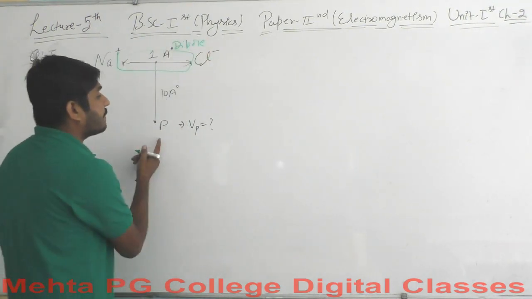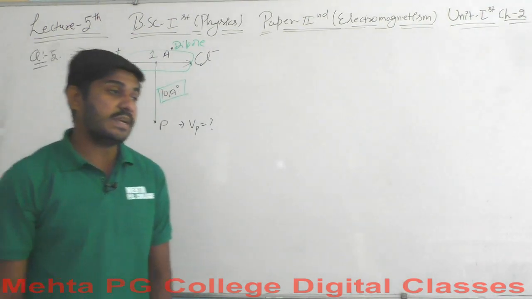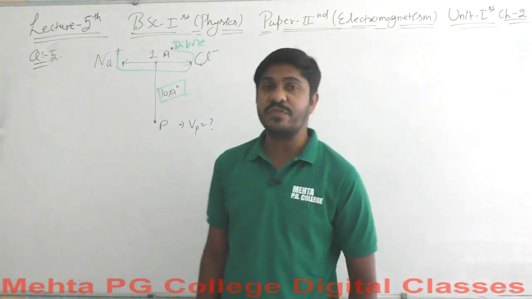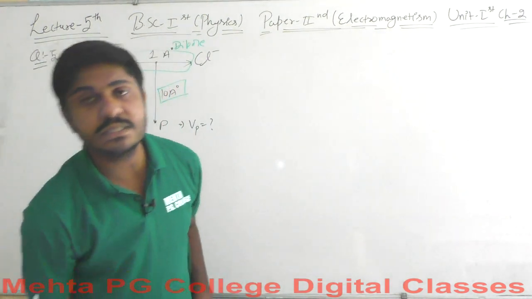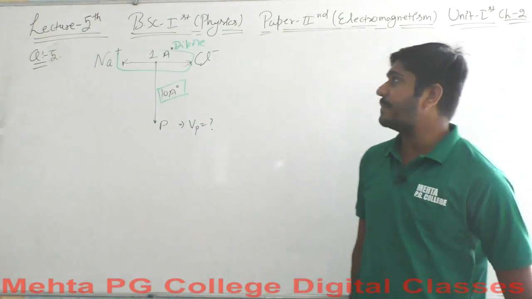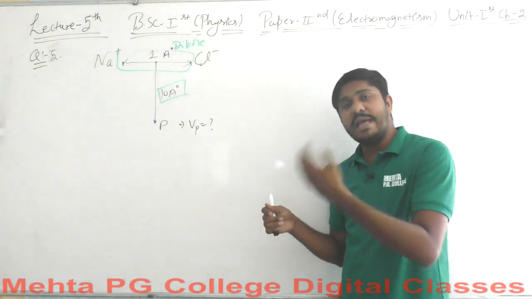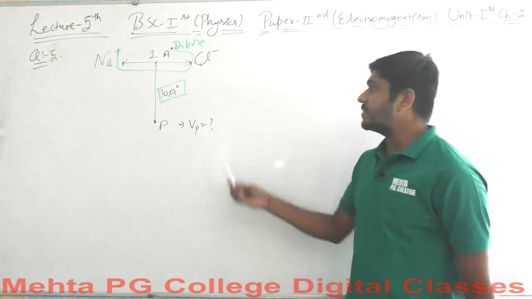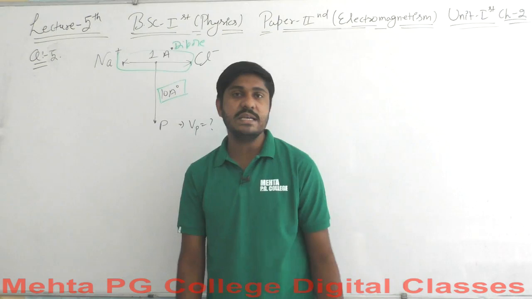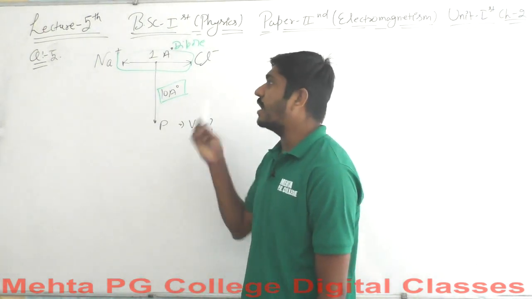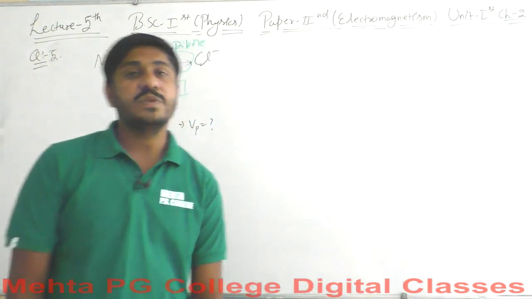So let's say a point P is 10 angstrom away from a dipole. Then what should be the value of potential at point P? This is what we are asked to calculate. If you remember the formulation that we discussed for the last 4 lectures continuously, one after another. But if you want to go through only this formula, then please check lecture 4 of the series, and there you will get how we calculate the potential for this particular arrangement. Okay.